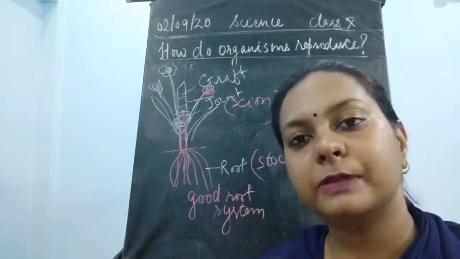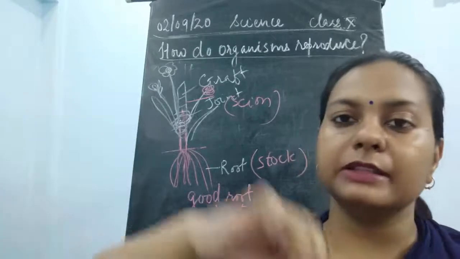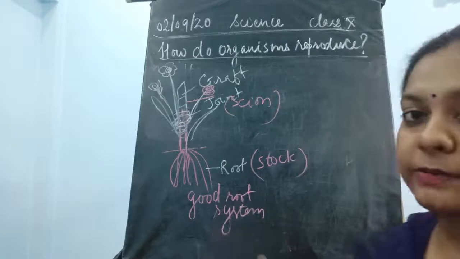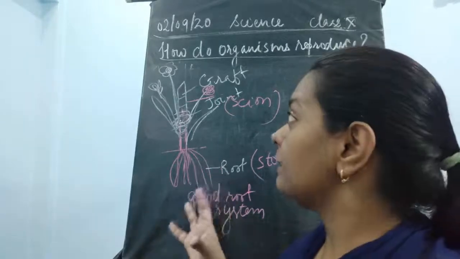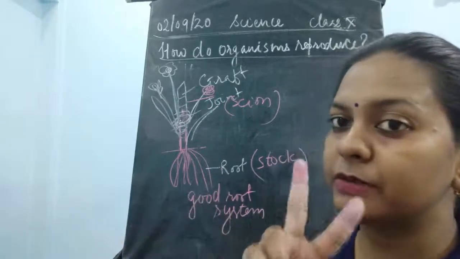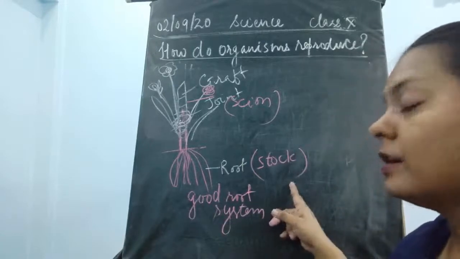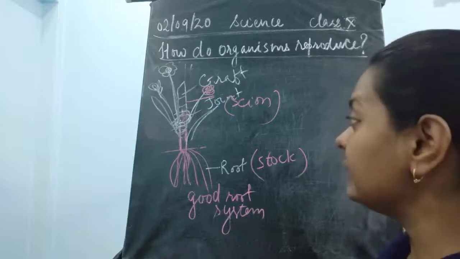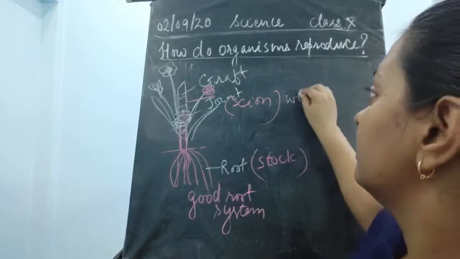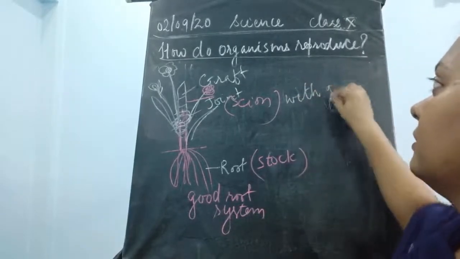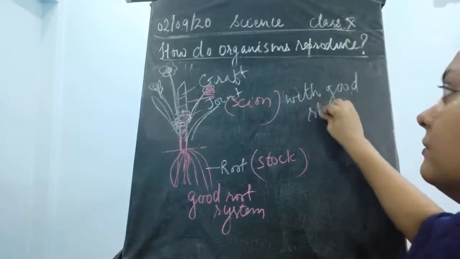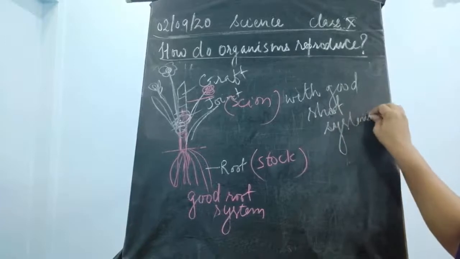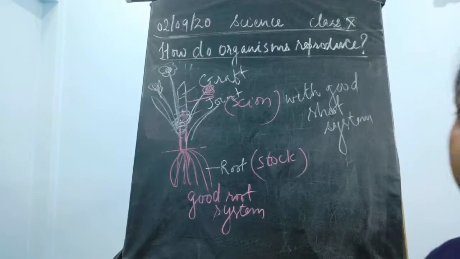So in one rose plant, one branch is giving red rose, one branch is giving pink rose, one branch is giving orange rose, or white rose, or the hybrids of all these. Fine, so this is how the grafting is being done. So please remember these two words. The one is the stalk. Stalk is a plant with a good root system, and scion is a plant with good shoot system. Please remember these two words, what is a scion and what is a stalk.